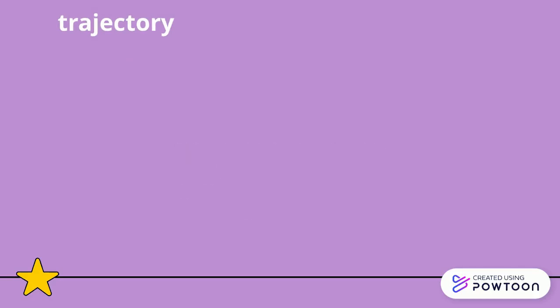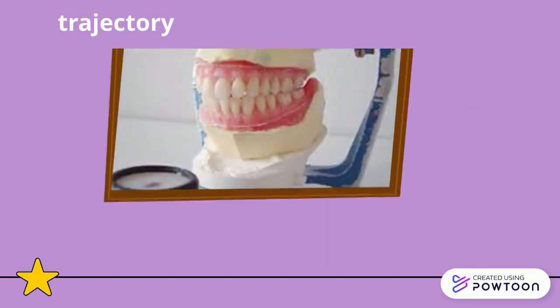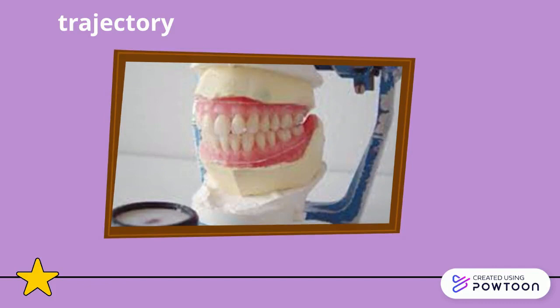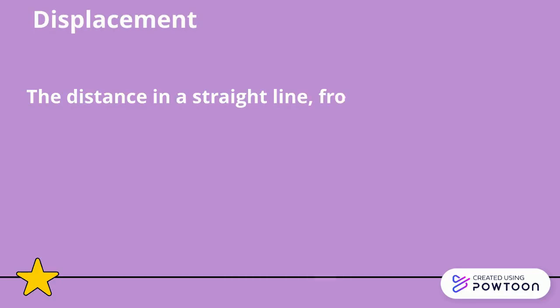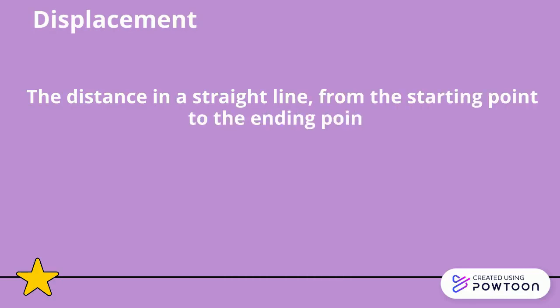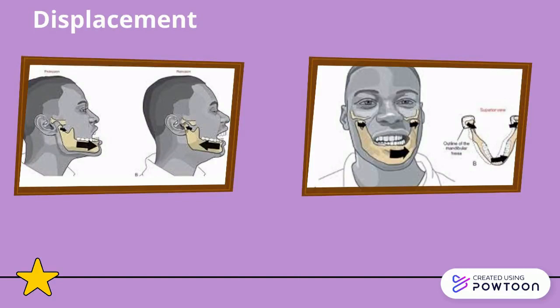When the trajectory is straight, its movement is rectilinear. If its path is curved, it's called curvilinear, a movement that must be compensated with the pieces to be replaced. Displacement. The distance is a straight line from the starting point to the ending point. We could visualize it if we saw the jaw from the inside, as while we chew, our jaw moves from